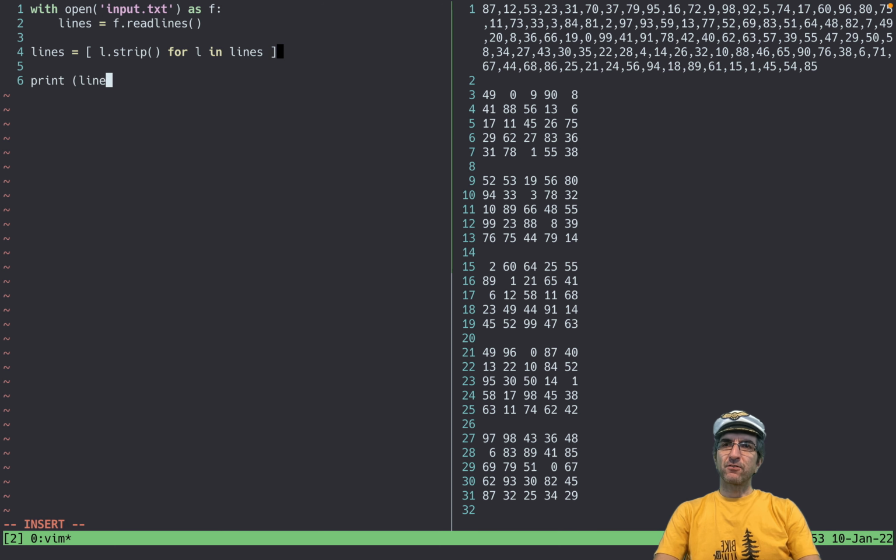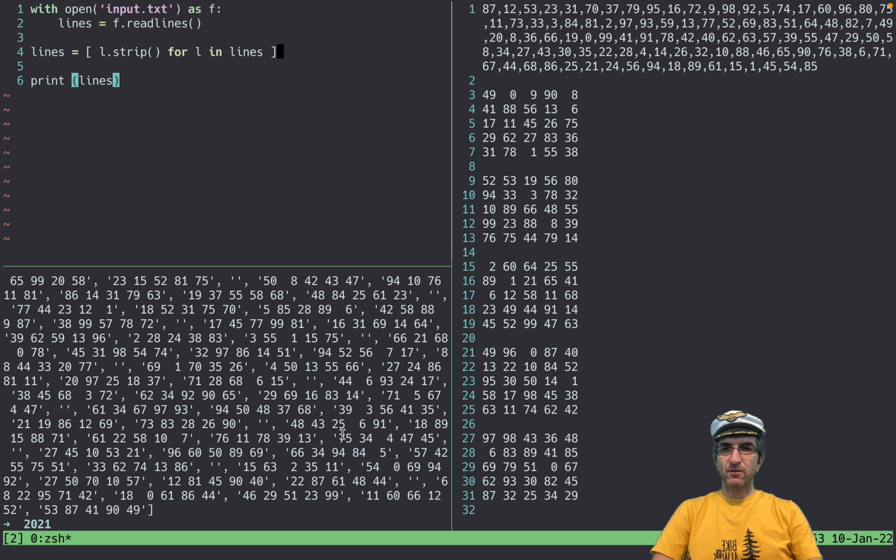Print lines. It's always good to run your program frequently. python3 solve.py. See, these are the lines. For example, this is the last line in this file. So finding the random numbers is ultra easy. rands is line 0. This is it. Then we will split by a comma. Now we have this. Let me show you.